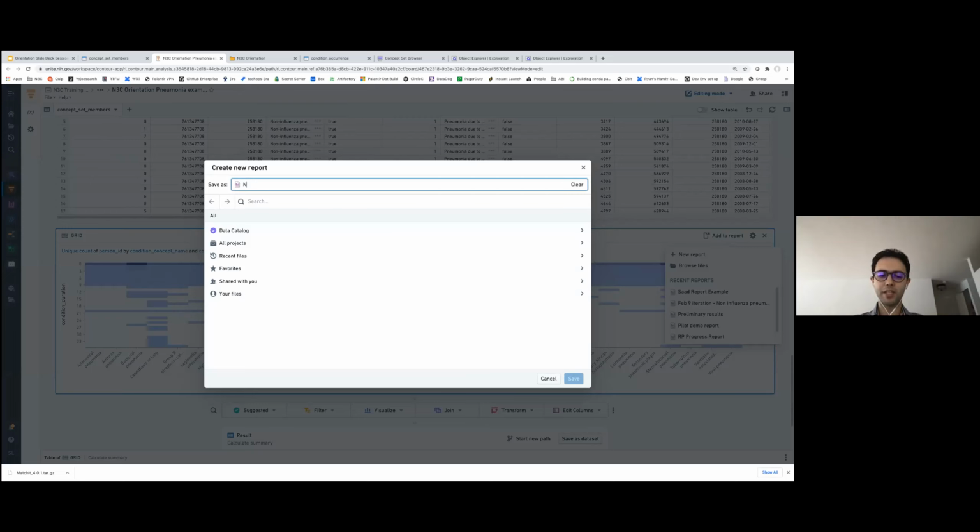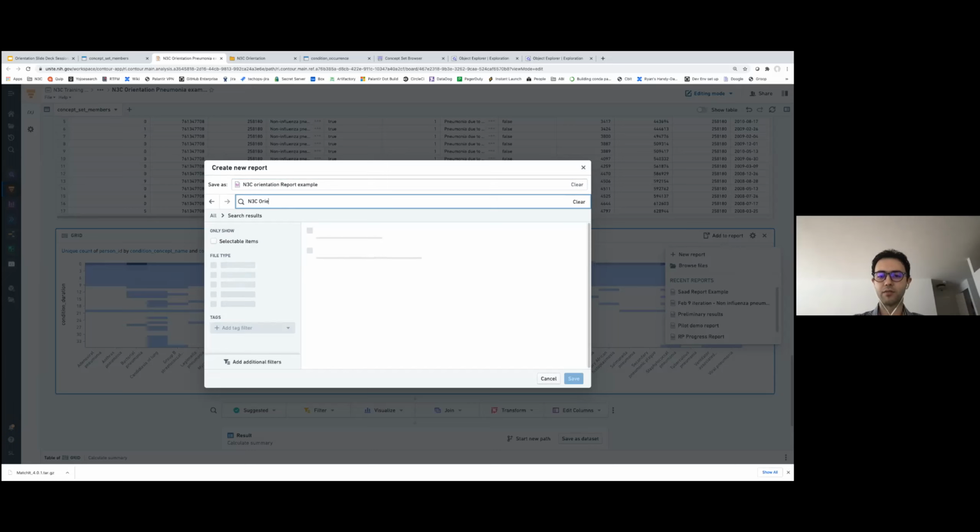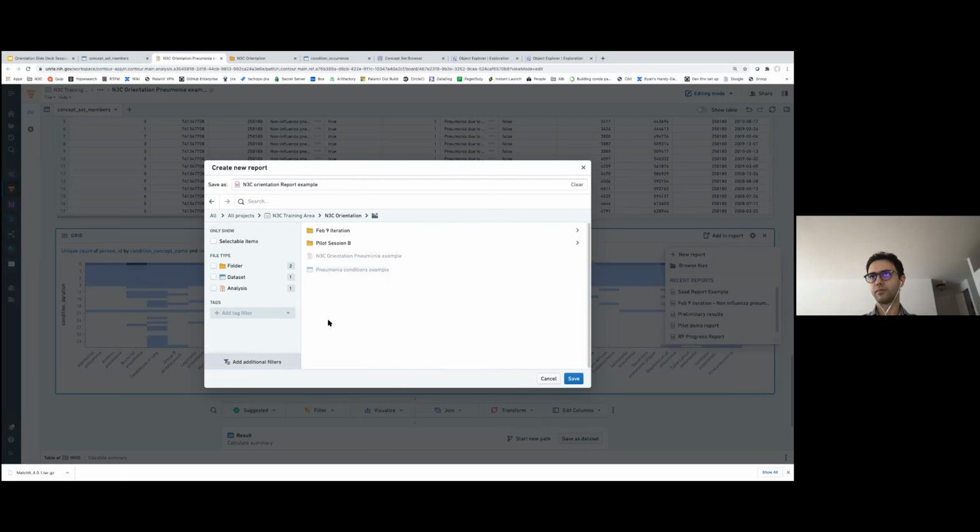And let's name it N3C orientation report example. And I'm going to save it in my N3C orientation folder as well. So let's save it in here.